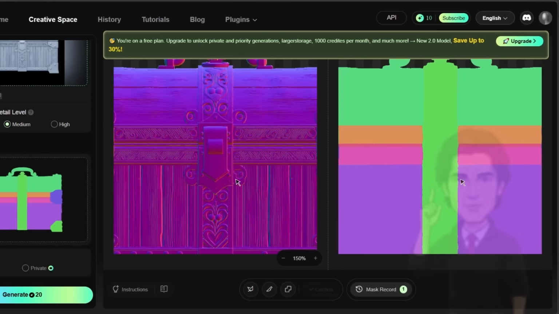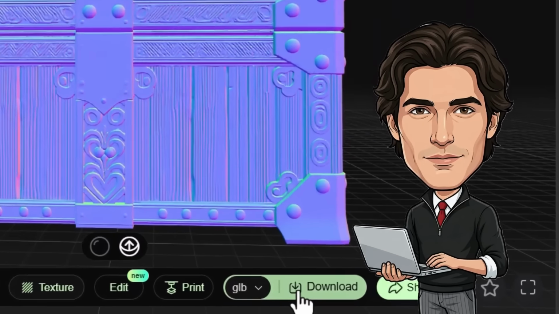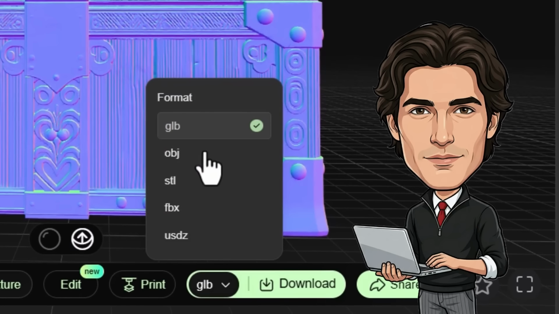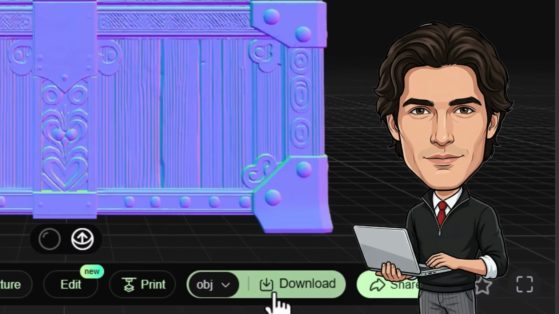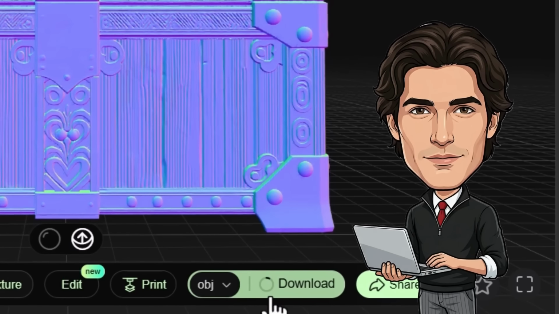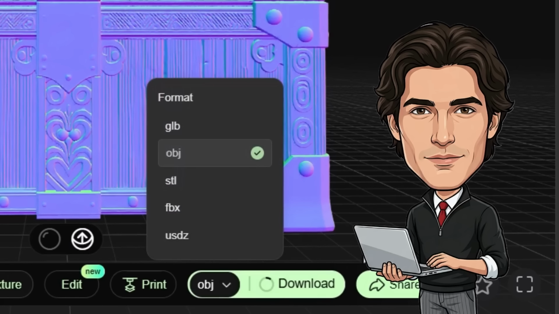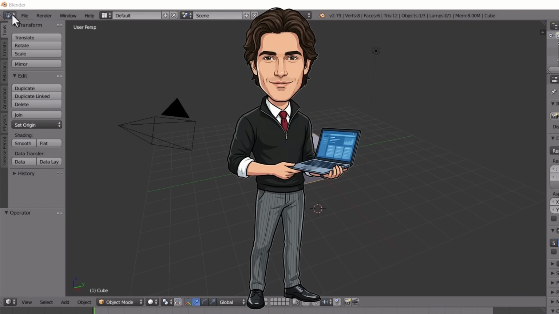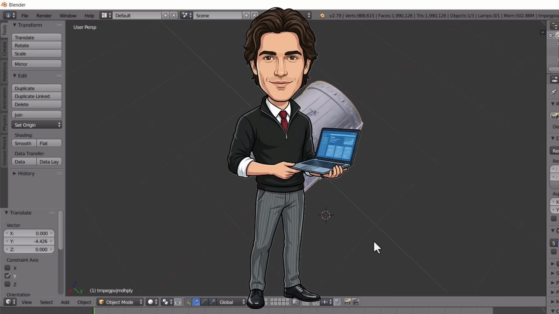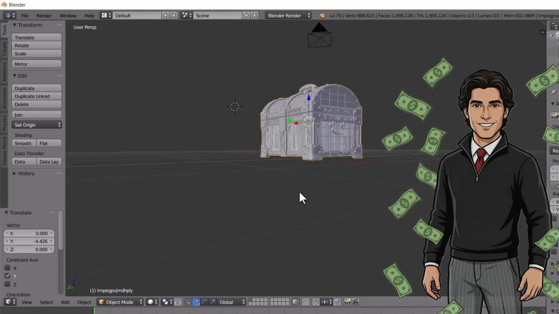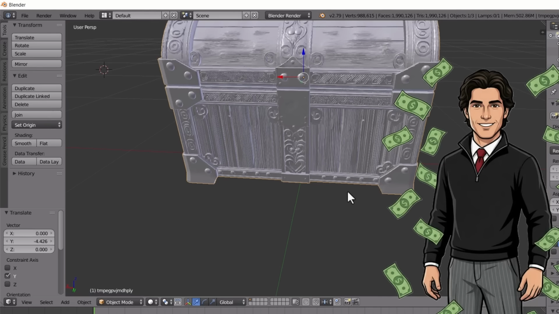I export the model in formats like GLB, FBX, or STL for 3D printing. One important point here is that during the free trial, you can both generate and download models, while some other tools require separate credits even for downloads. Then I bring the model into Blender, and this is where the real test begins, whether it's actually usable or not. What's interesting is that Hitem3D also provides a plugin for Blender that can speed up the workflow,